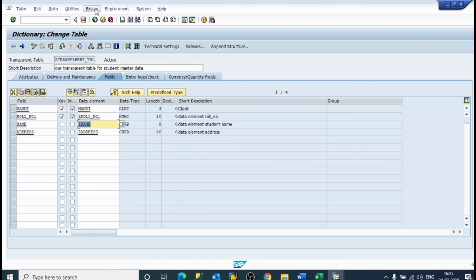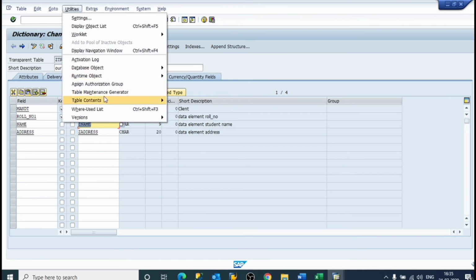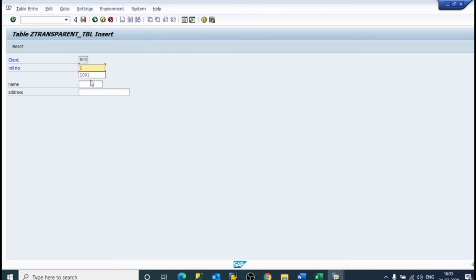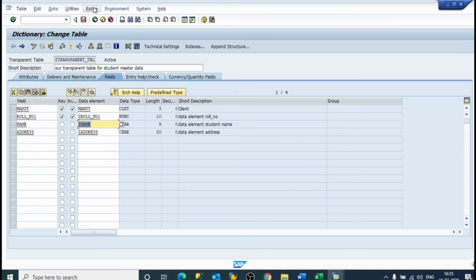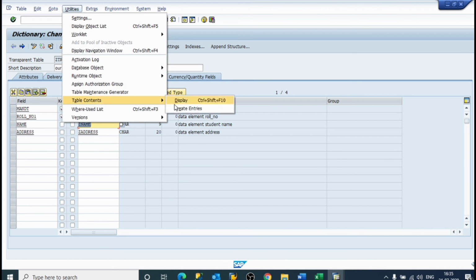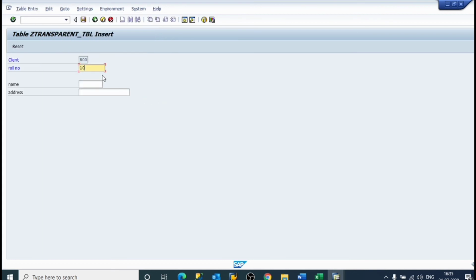Now again utilities, table content, create entries. 1002, name Abhishek. So again extras, create entry. 1003, name Sai, address Panvel.